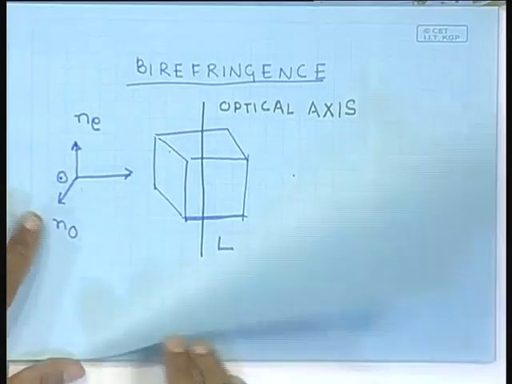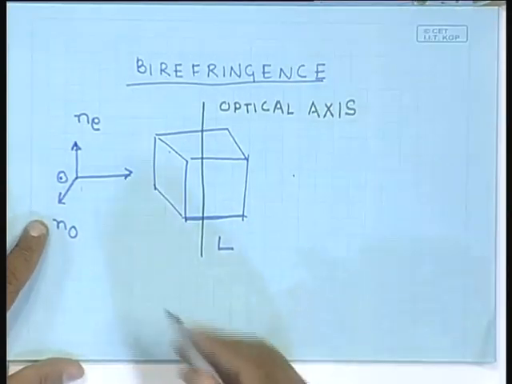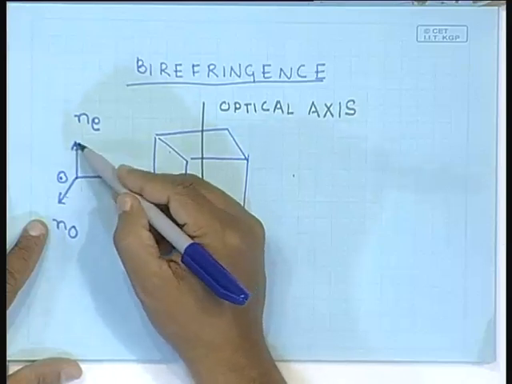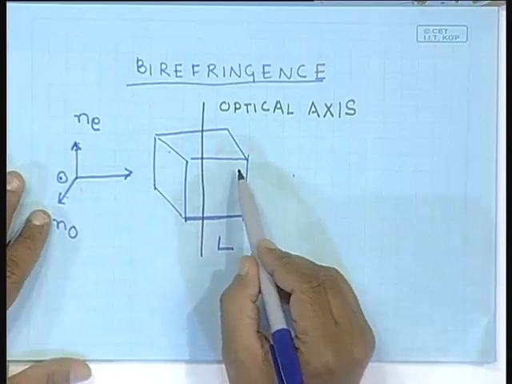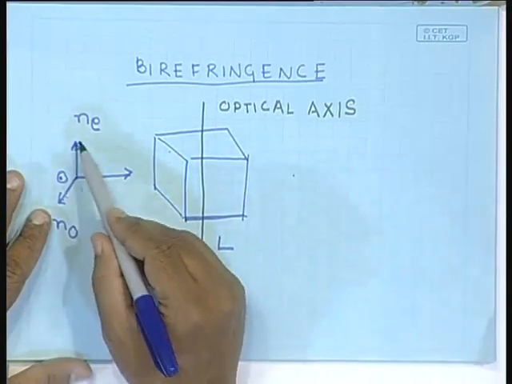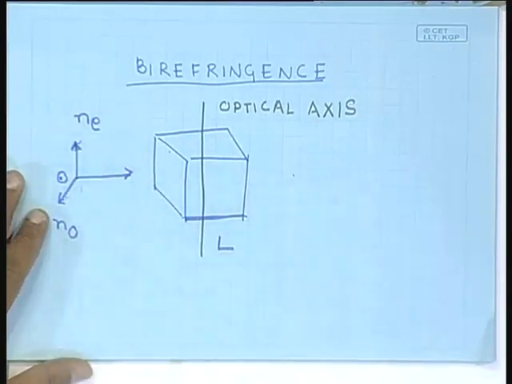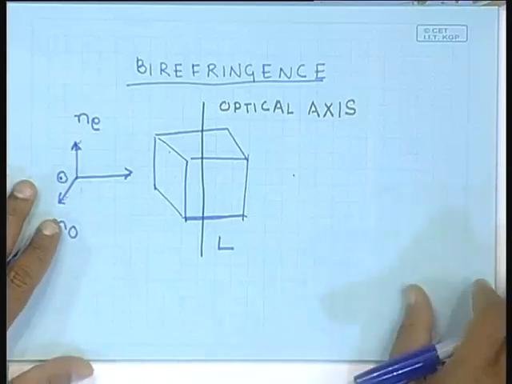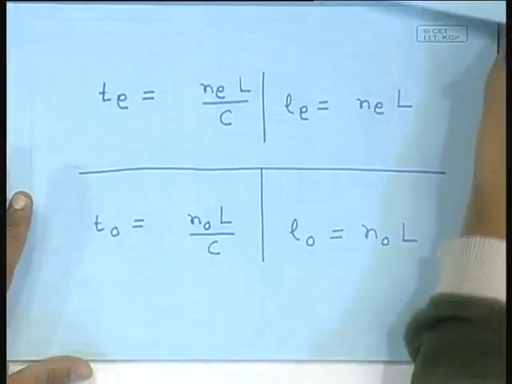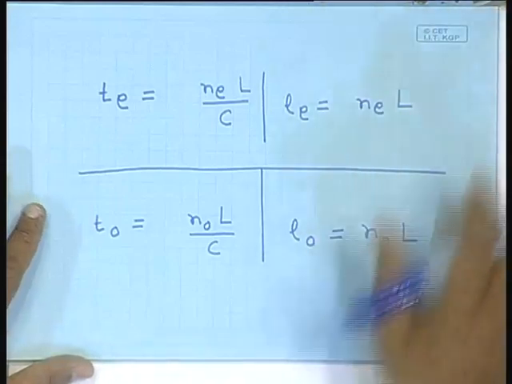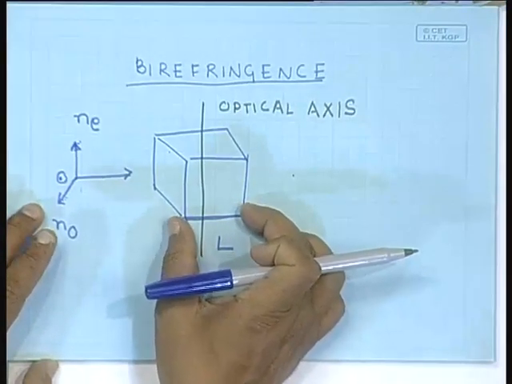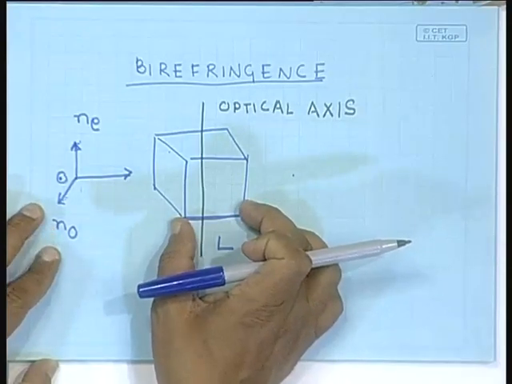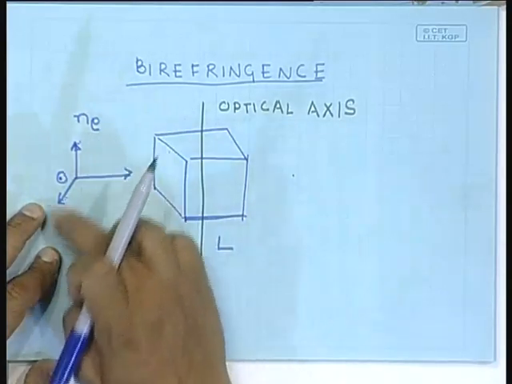And if I send in light, which is a combination of these two polarizations, then by the time the light comes out, the two different polarizations are going to have a phase difference. So, let us first ask the question, what is the difference in optical path